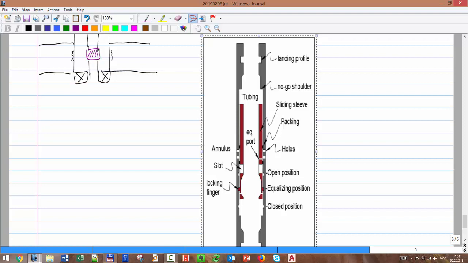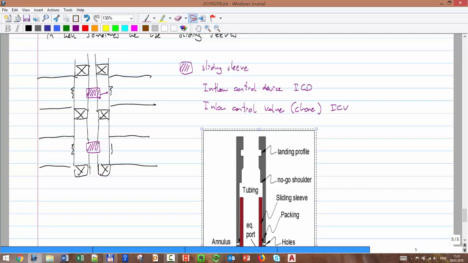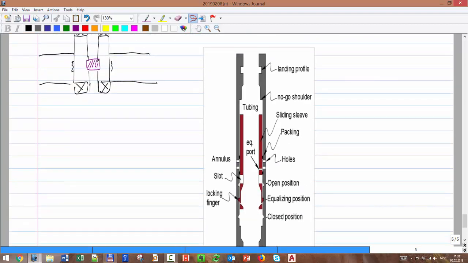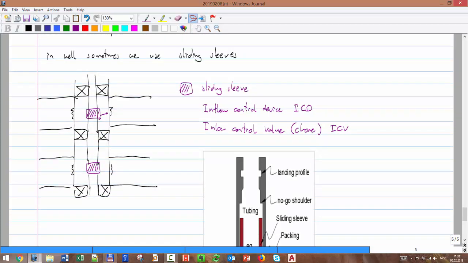Okay, so depending which one it is, here are the holes. Okay, the holes that connect the outer part with the inner part. So depending how the holes are aligned, here I have a big hole. If that one is aligned with this one, I will have flow inside the tubing. If it's not aligned, if I just have a blank pipe, I don't have any flow. Okay, so simply by moving this one up and down, I can regulate if this is connected or